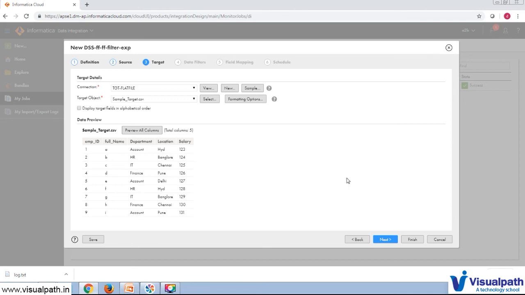If it is a mapping, there we have an option called append if exist, so that if you want to store, each and every time, whatever data you have written to the target system, you can keep all the data at the target level. But in the data synchronization we do not have that option. Okay, so while I explain about the data synchronization mapping task, I will explain how we can enable the append if exist option.